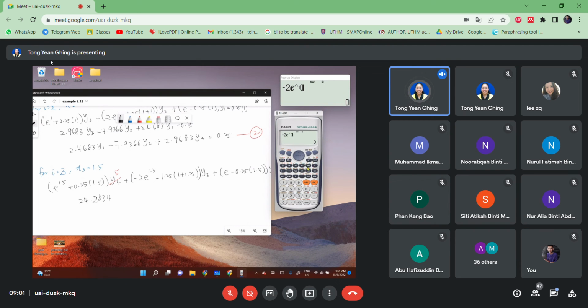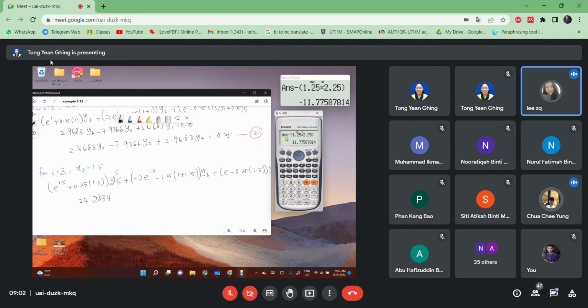Yeah, again. Negative 2. So on this one, 1.5. Okay, minus. Yang sudah lain. 1.25 bukan 0.25. Time with 2.25. Silap. Sama. Saya punya salah ke? 1 plus 1.5. 1.5. 1 plus 1.5. This one, sorry. This one 1.5. Yes.